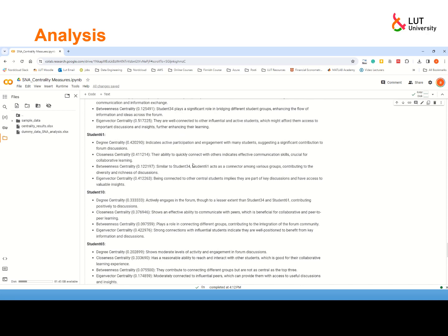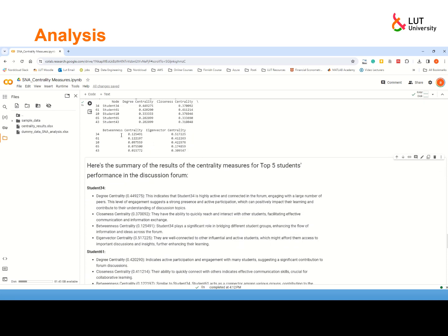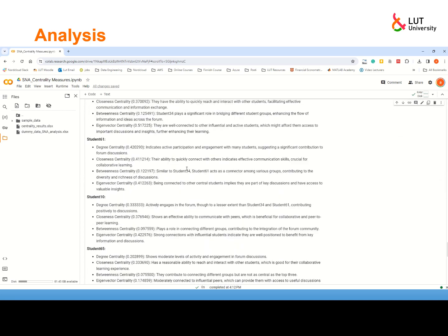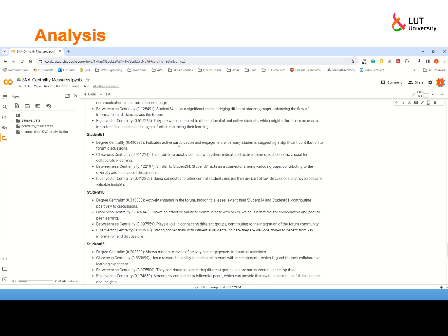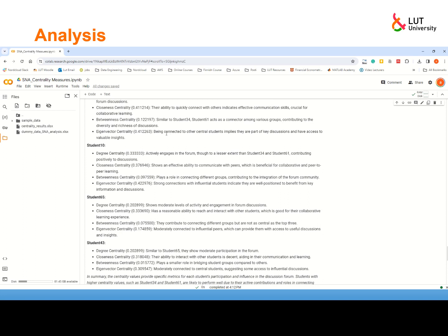If we look at the next student, who ranked number 2 based on the degree centrality, it also indicates that they have active participation and engagement with many students, and they also have the ability to quickly connect with others, which indicates effective communication skills. And similar to student 34, student 61 acts as a connector among various groups. They are also connected to the influential nodes, implying that they are part of key discussions and have access to